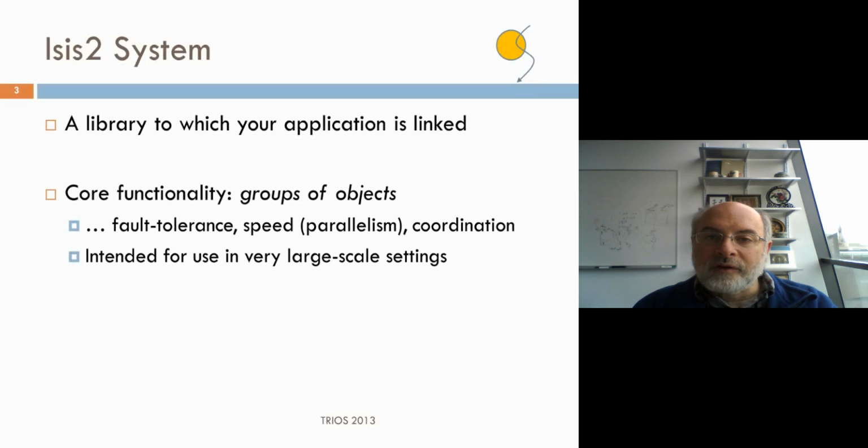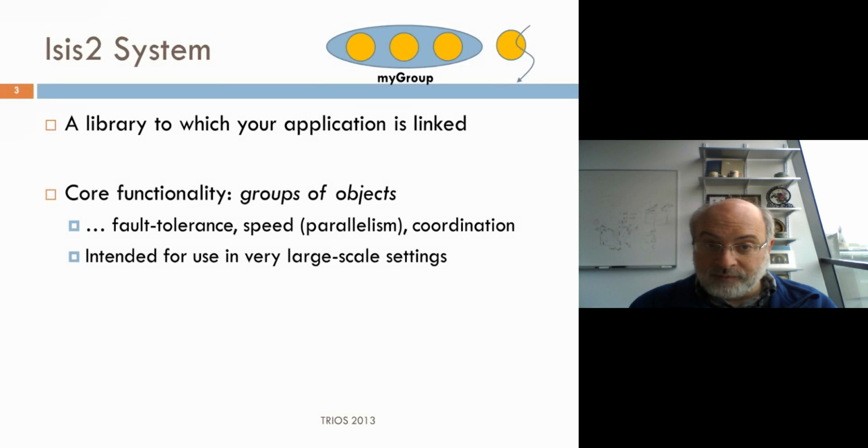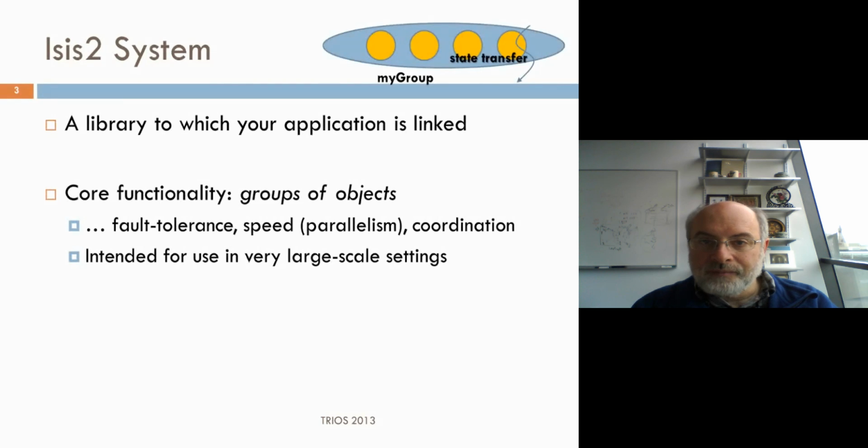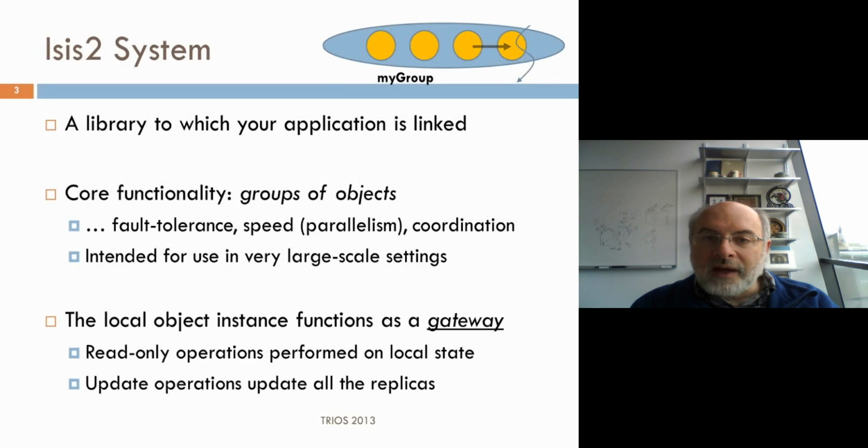So ISIS, of course, as we saw in the introduction, is a system that lets you build normal-looking programs, but let them form associations with other programs, these process groups, transfer information that initializes the joining program so that it's in the same state that the other members were in, and then after that, updates that are applied to the data replicated by the group are applied to all the members in the same order in a consistent and fault-tolerant and secure way, and that gives us a guarantee of consistency across the group,